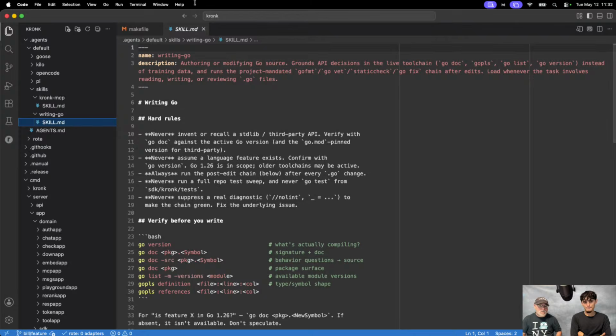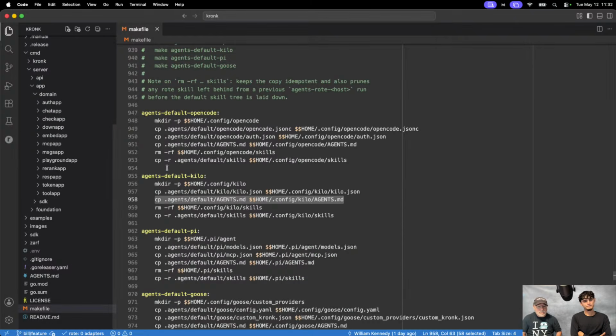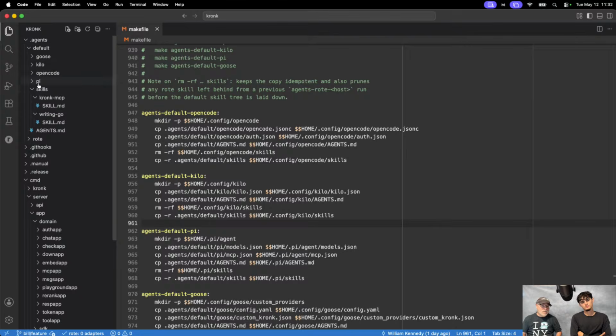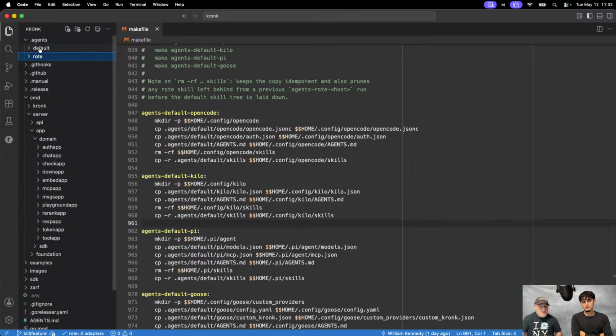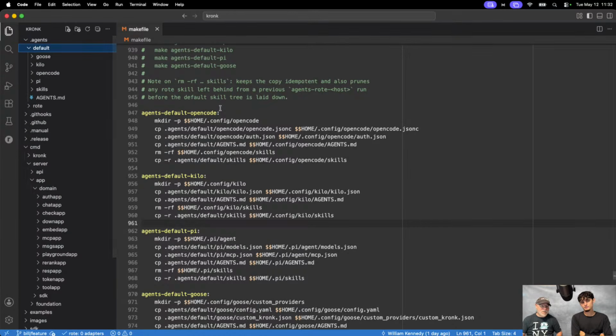So I have what I'm calling default, which is essentially for me not using Rote. We'll talk about Rote in a bit, and how it takes us to the next level. But for people that don't need Rote, this is what we have. All of this has been loaded already on local disk here.